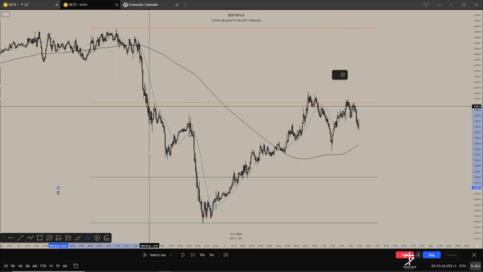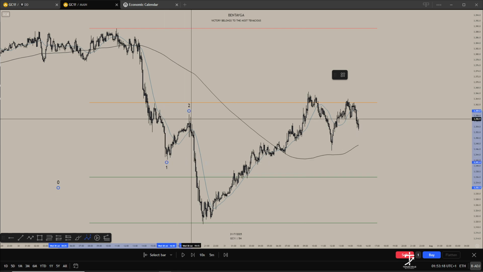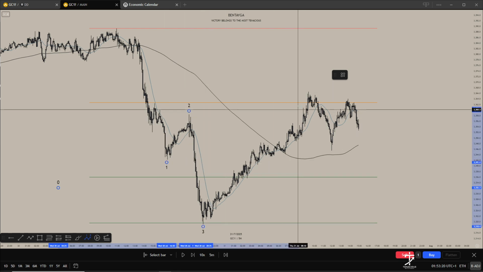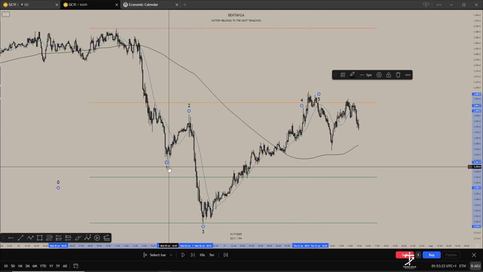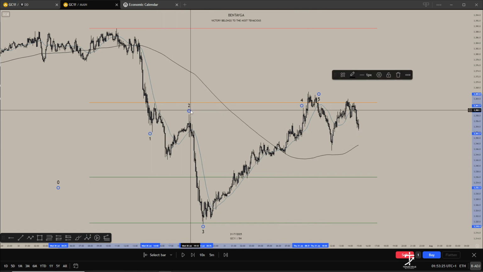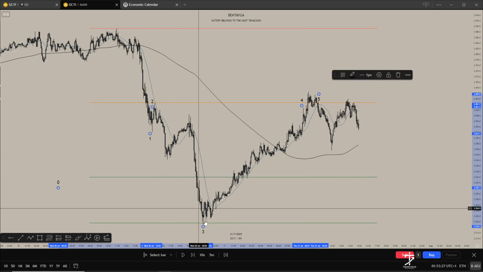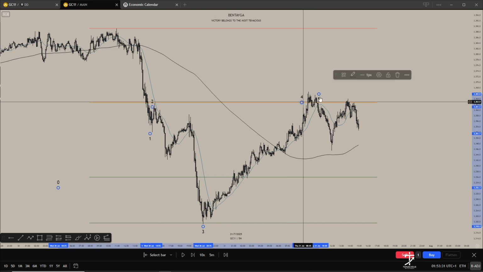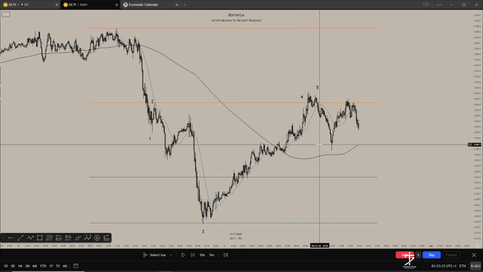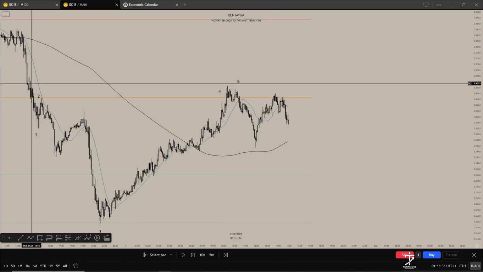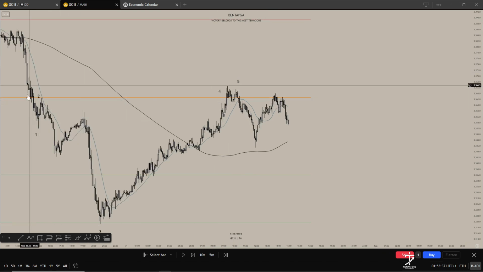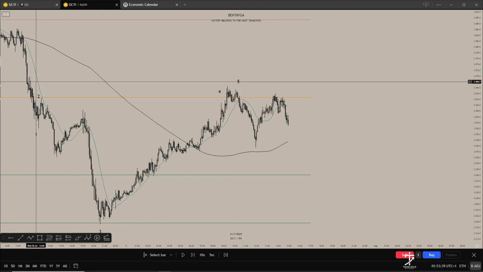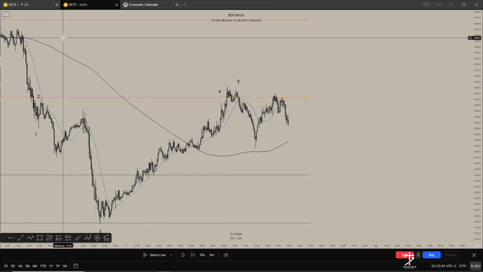Obviously, we have our SPS where this is my 1, this is my 2, this is my 3, obviously 4, 5. Some people might have it as this has the 1, this has the 2, this has the 3, and obviously 4 and 5. So we have tapped the 618. We have tapped an area of interest as well. We have a supply and demand area. And when we go down to 1 minute,